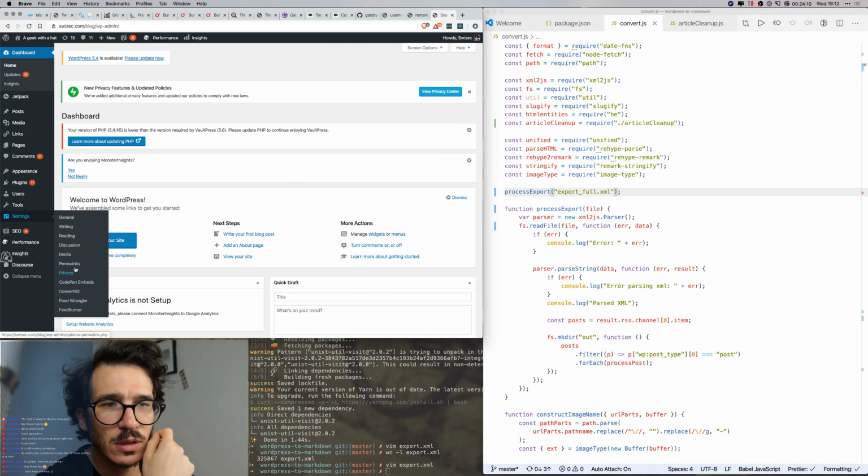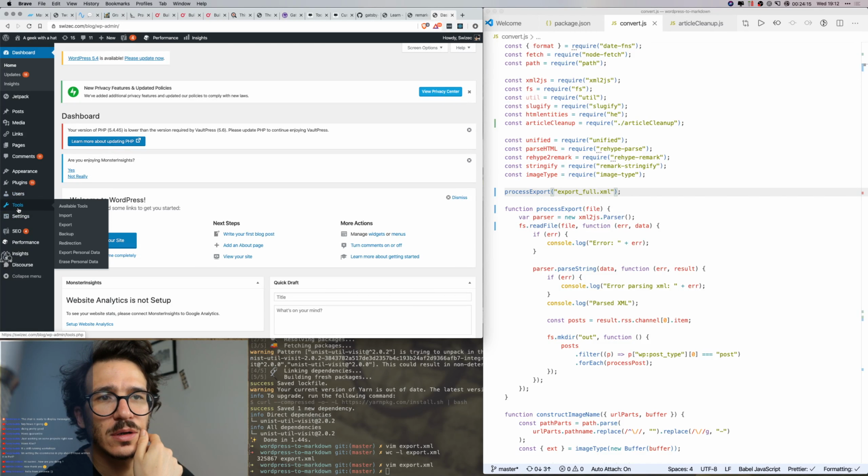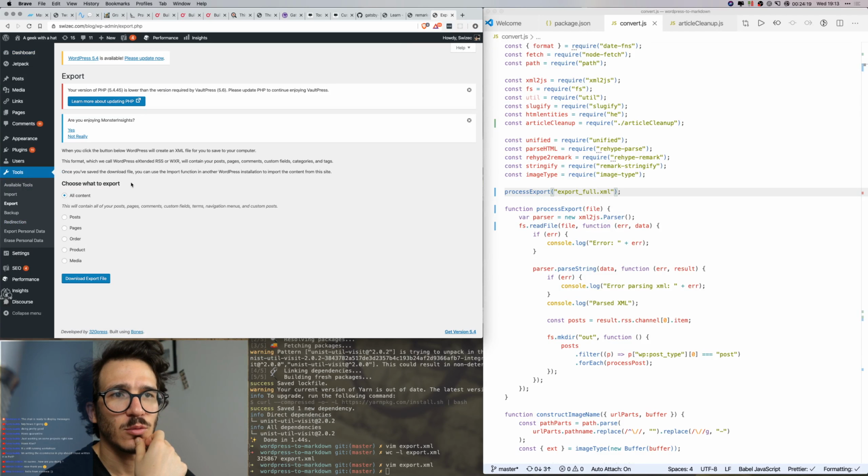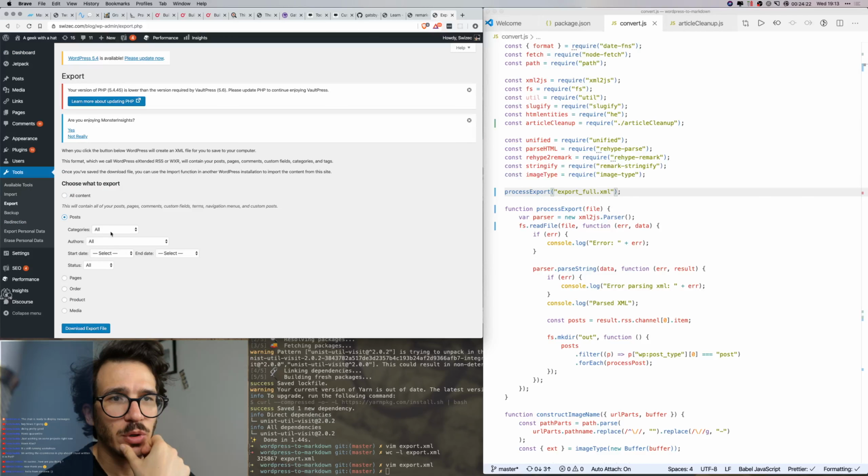Export, ConvertKit, permalinks, media, general. How did I... oh, tools, there we go. How did I forget how to export WordPress? So we're going to take posts from, let's say,